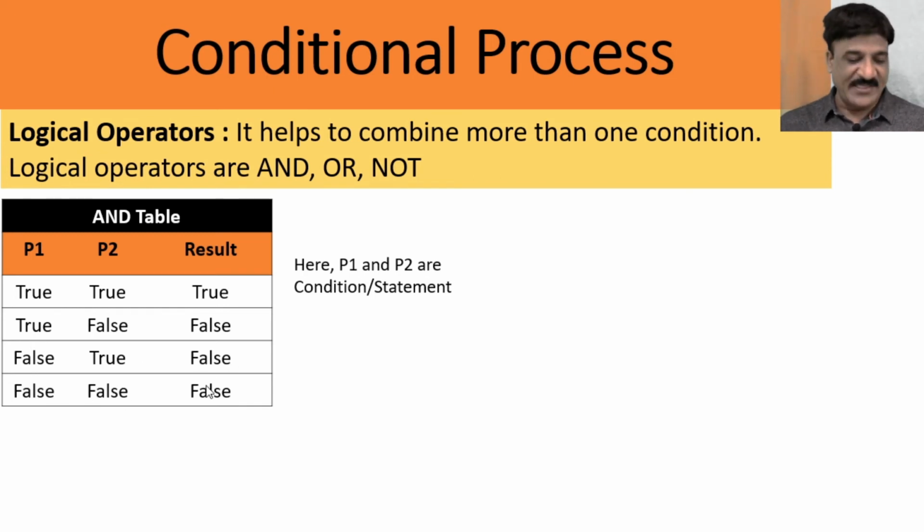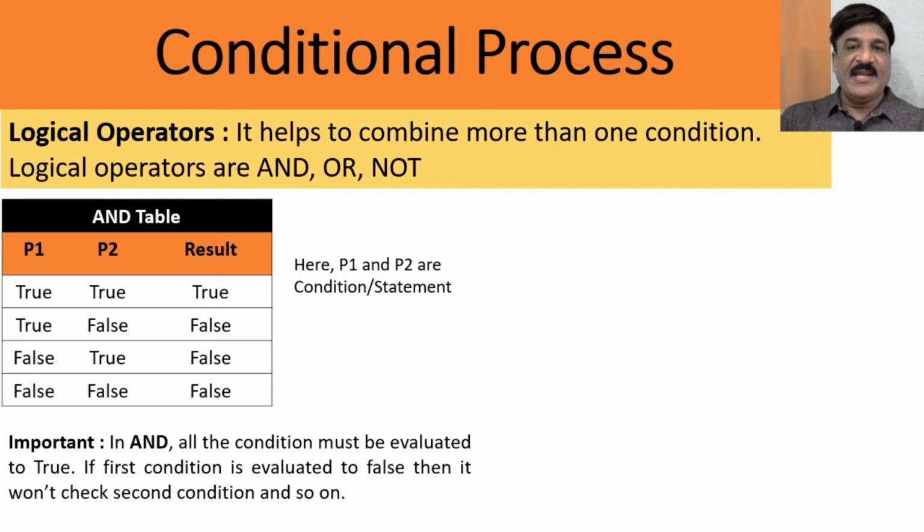So instead of remembering this, I will give one small example to remember this table forever. Assume if Mr. XYZ brings a book and pen, then only I am going to allow him to sit in my classroom. Okay, so Mr. XYZ brought the book, yes, brought the pen, yes, I will let him sit, yes. Brought the book, did not bring the pen, I will let him sit, no. Did not bring the book but brought the pen, I will let him sit, no. Both not brought, no. Okay. I hope that you are never going to forget this particular example.